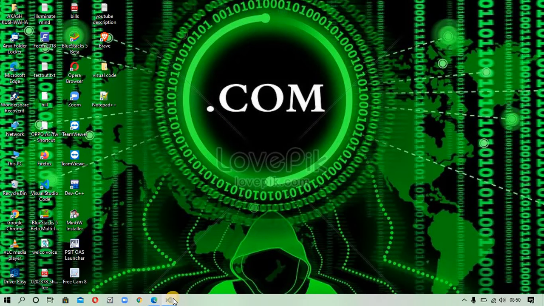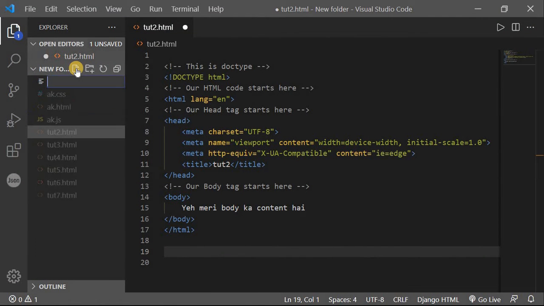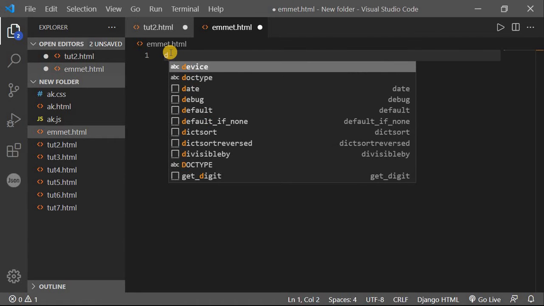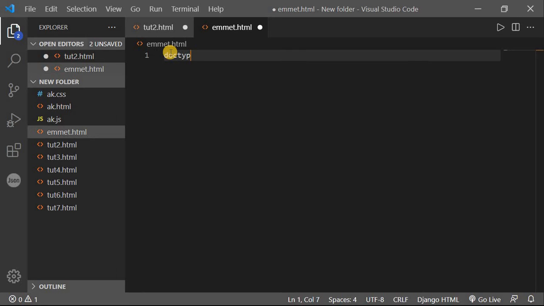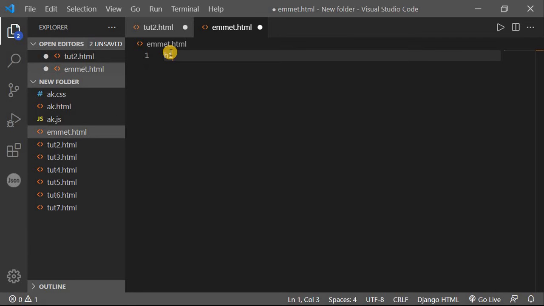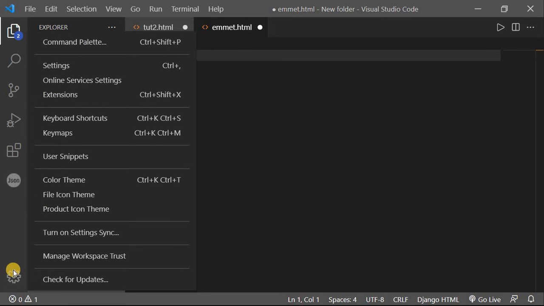So now I'm going to our Visual Studio Code and I'm going to create a new file. So let's name it emmet.html. So guys, as you can see here, I am going to write doc type, but it is not suggesting me a boilerplate, and I'm using the h1 tag, but it is not working. So guys, what we have to do for that? To use Emmet abbreviation, we will first click on